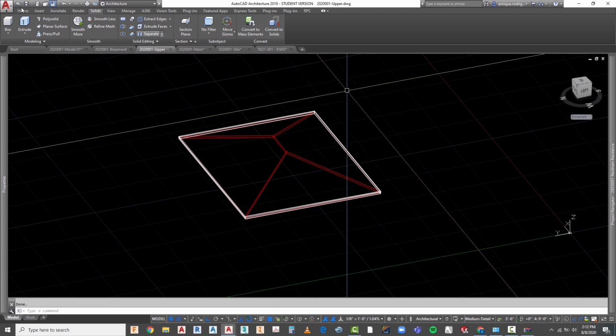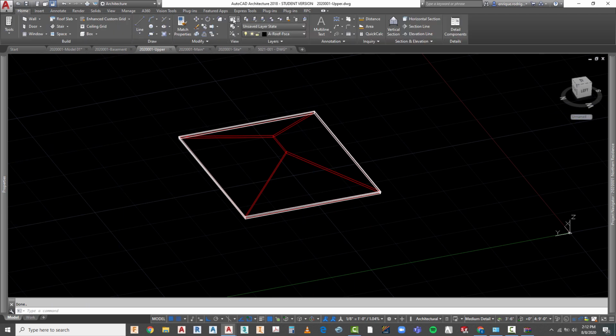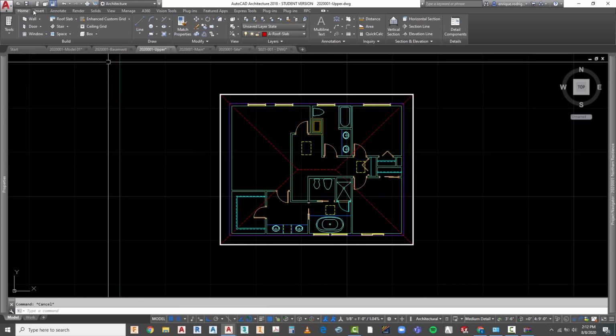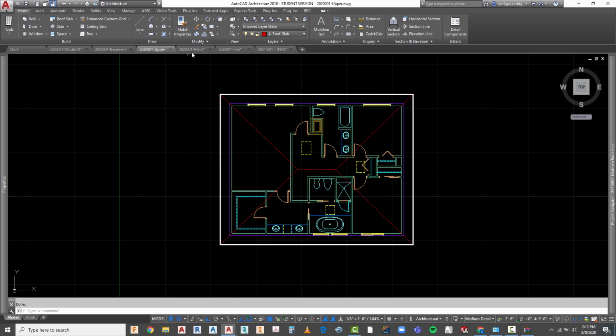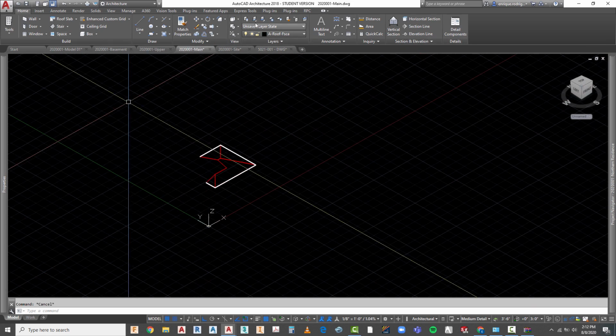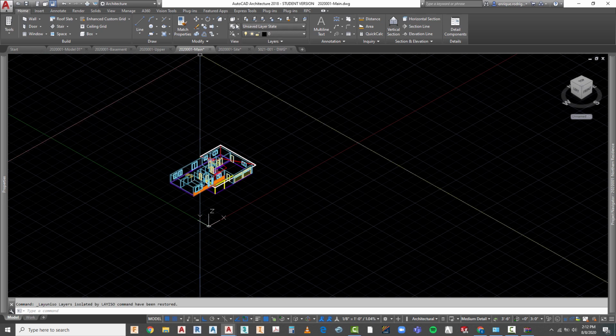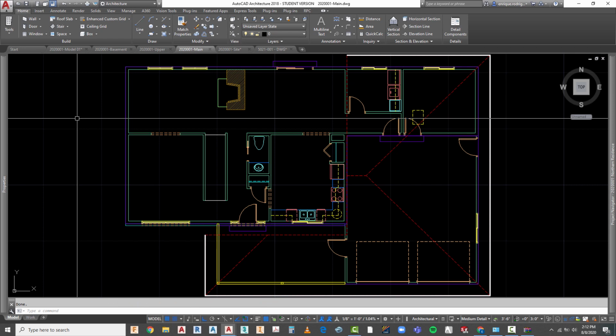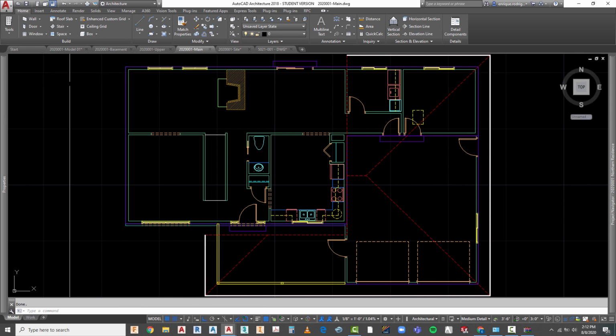I'm going to save that drawing, go back to top view, and I'm going to unisolate all the layers, save that, make sure in our main that we have unisolated all the layers, which we did not. Let's go ahead and unisolate. Let's go back to the top view. Let's save the drawing, and now let's look at our model and see